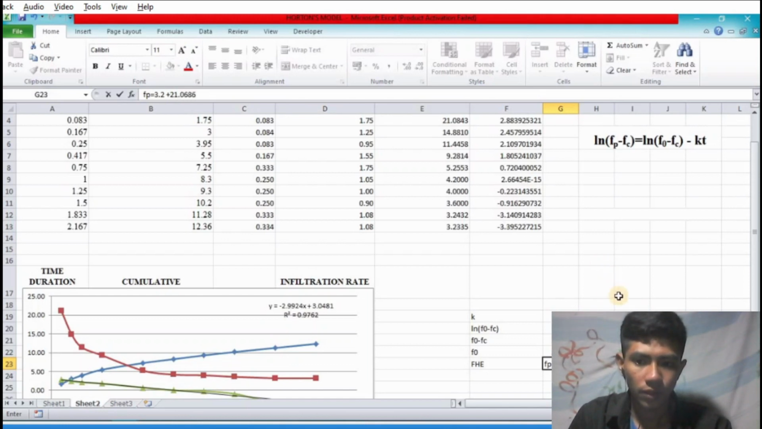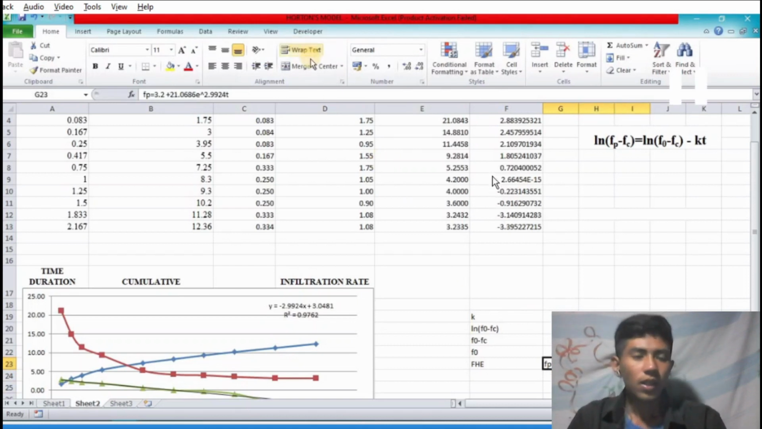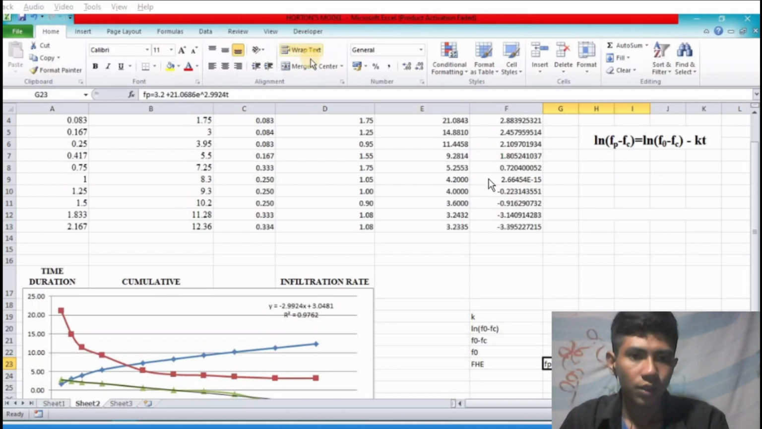Now let's forward. Okay, that is the final equation. Okay, tapos na tayo sa Horton's equation. Let's proceed to